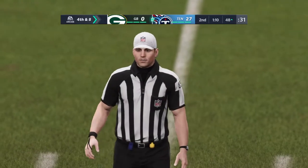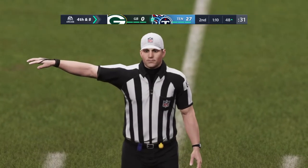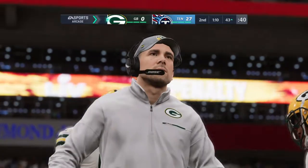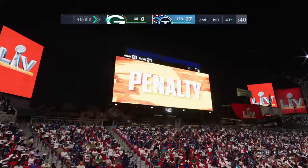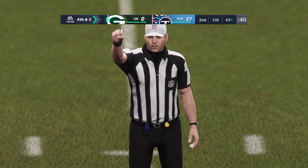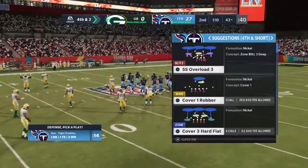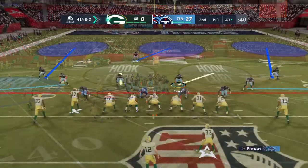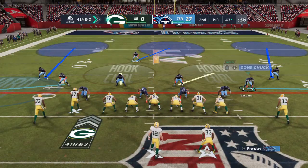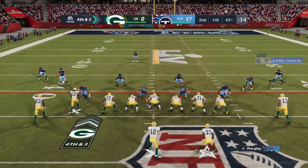Running into the kicker. Defense. Well, we looked at each other right away. We knew that flag was coming out. And I always enjoy the conversation post because officials always tell you, I don't want to throw the flag, but you caused the play. You did it. I had to. Boy, a call like this, certainly tougher to make in a Super Bowl, but